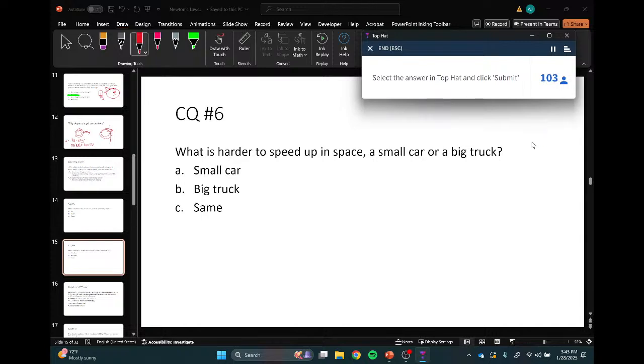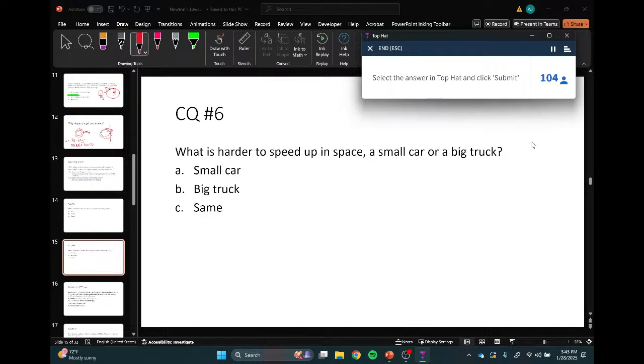All right, so again, let's take the more extreme example, because this is a thing you can do in physics. If you have an idea here and you're like, oh, I'm really not sure, they're similar, make the difference more extreme. So let's just pretend it's a baseball or a big truck. What's harder to throw in space? Speeding up is effectively what you do when you throw something. It's much easier to make a baseball speed up in space than a big truck. If I'm in space, I can't just throw a big truck.